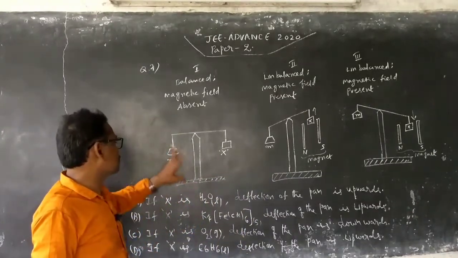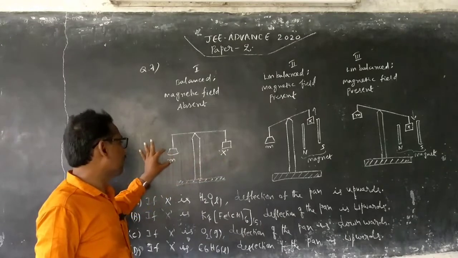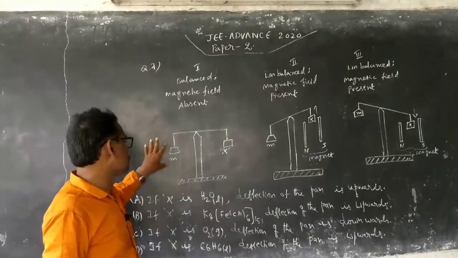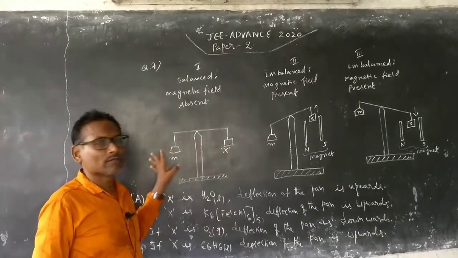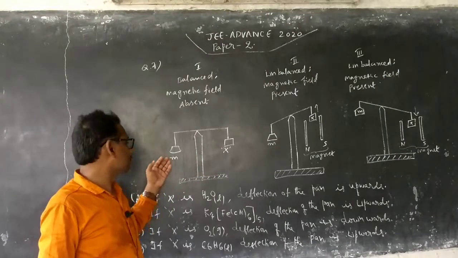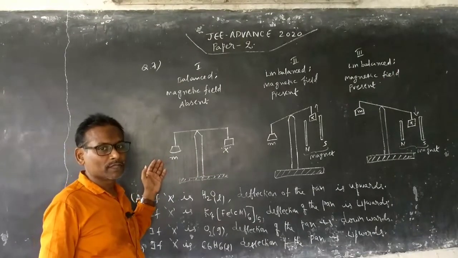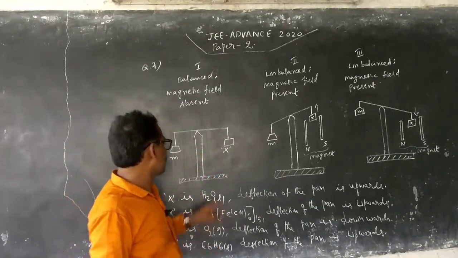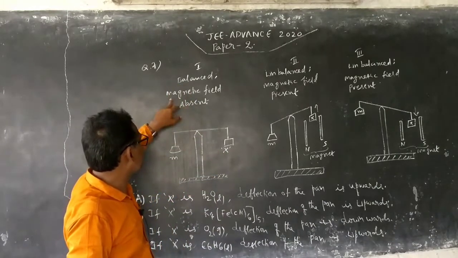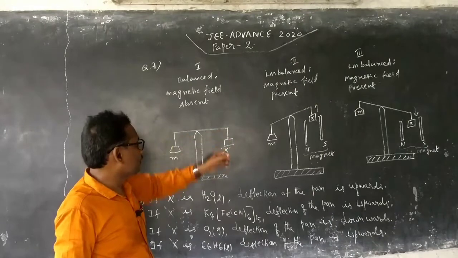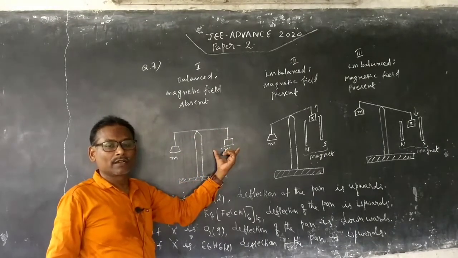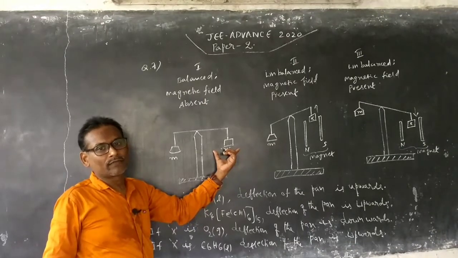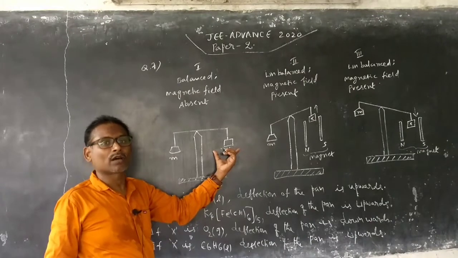You just see, initially there is the substance and some weight, both balanced by using a simple balance. A simple balance is used so that both the masses are equal. The mass is, for example, about 1 gram, and the compound will be there. So initially it is balanced. But in this situation there is a balance and the magnetic field is absent. Here we are not applying any magnetic field to the substance, because we are interested in what will happen to the substance once the magnetic field is applied. Whether it is deflecting, having any movement or not, downwards or upwards, that is the main point.